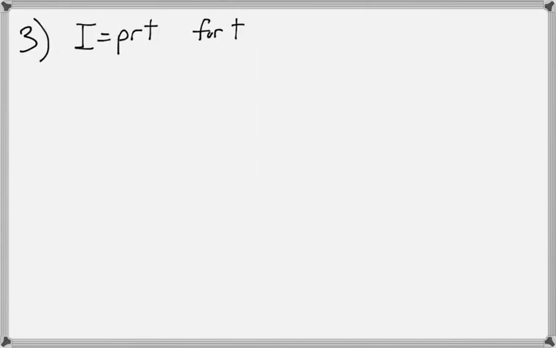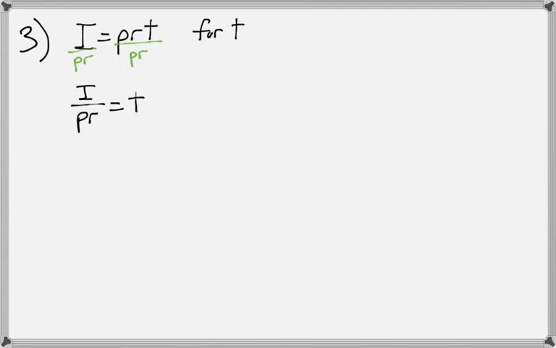And then lastly, let's look at number 3. I'm trying to solve for t. This is that formula that we were using, although the p isn't capitalized. So I need to get t by itself. Both the p and the r are being multiplied by the t, so you can actually divide by both in one step. If I just divide both sides by PR, then your t is equal to